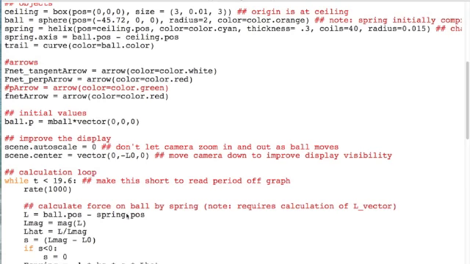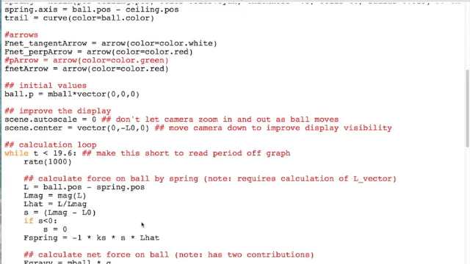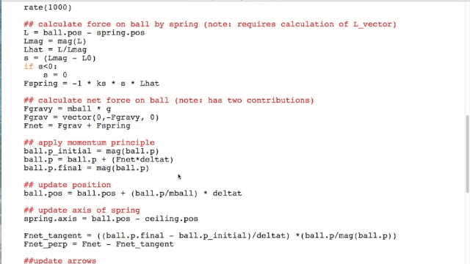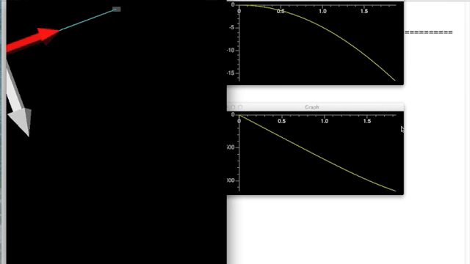Then here is L, which can tell us where the jumper is in relation to the rope. And then here is the force of the spring. And then here we are updating the position using the momentum principle. So if we run this code,